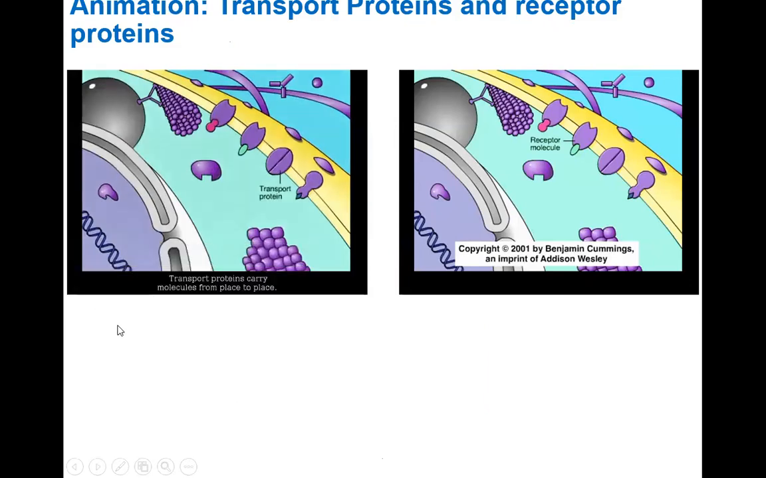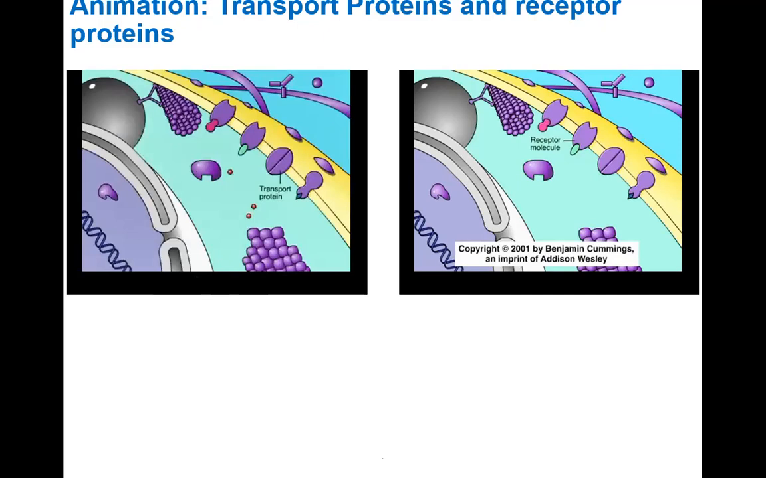Transport proteins carry molecules from place to place. The example shown here allows certain solute molecules to enter the cell. Hemoglobin is the transport protein that carries oxygen in the blood. So in this case, the transport protein is a channel protein or a carrier protein that's going to open up